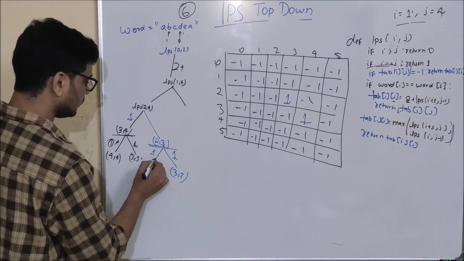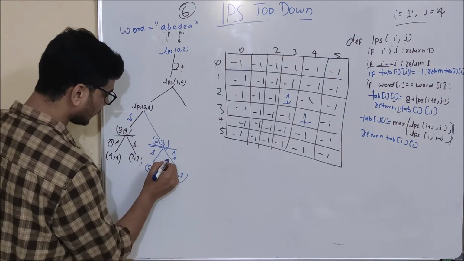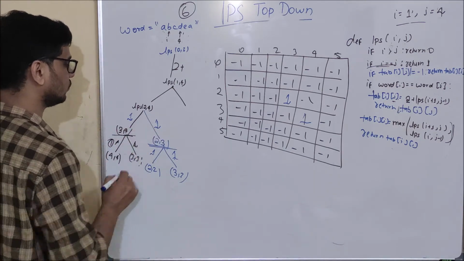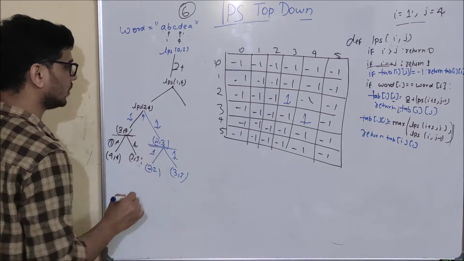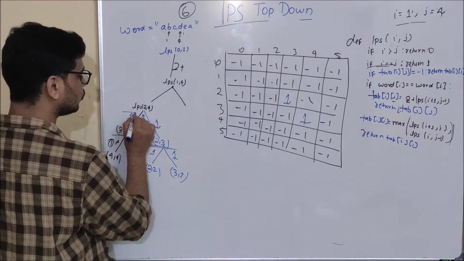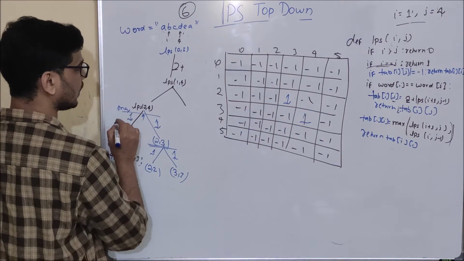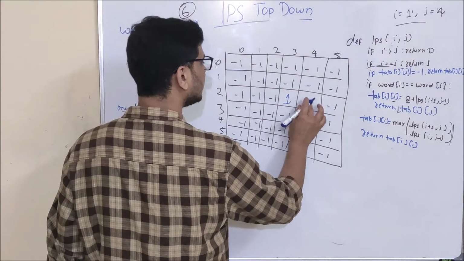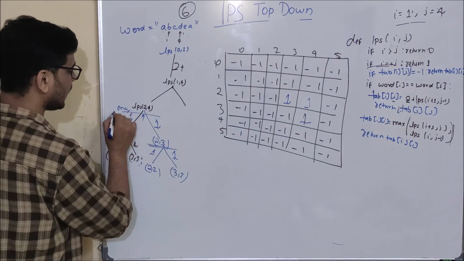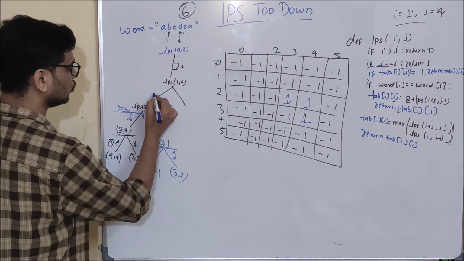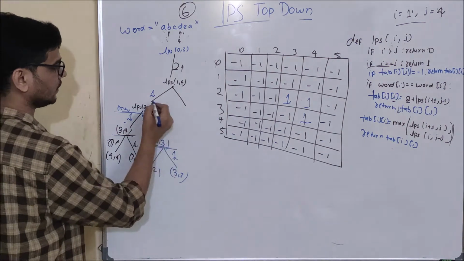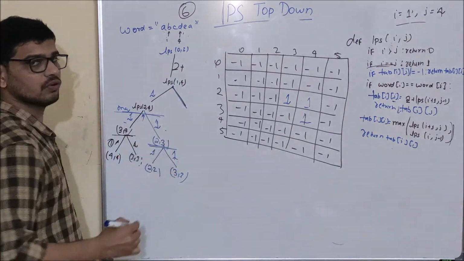Okay, then what will happen? Then 2 comma 1 in the next line is going to return 1, and then what will 2 comma 4 do? 2 comma 4 is this value. It is going to pick the max between these two and it is 1. So it will update 1 here and in the next line it will return the same thing. As you can see here, LPS of 2 comma 4 is 1. It will pick max and return.